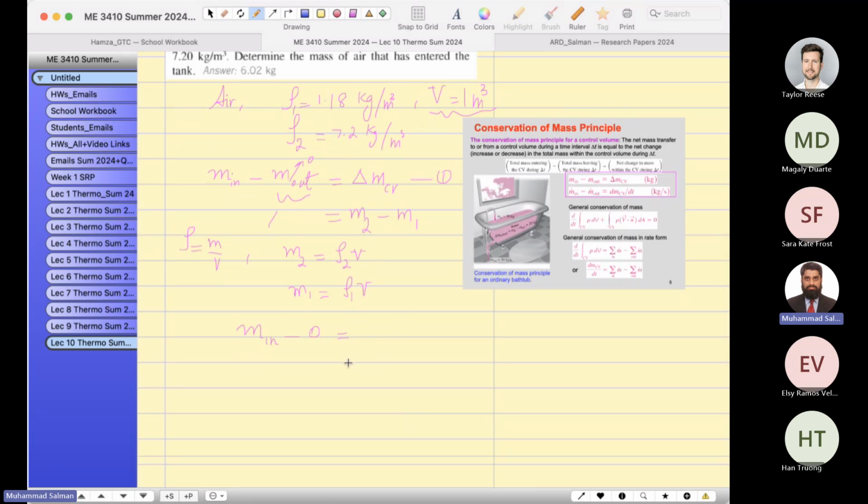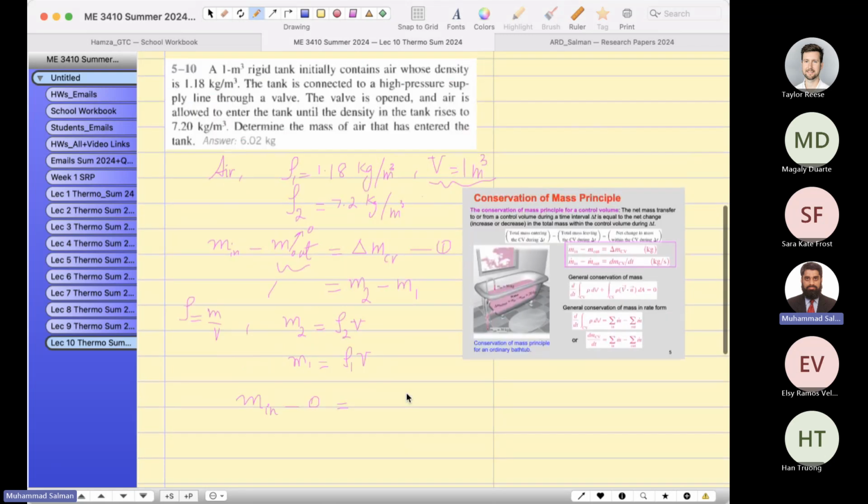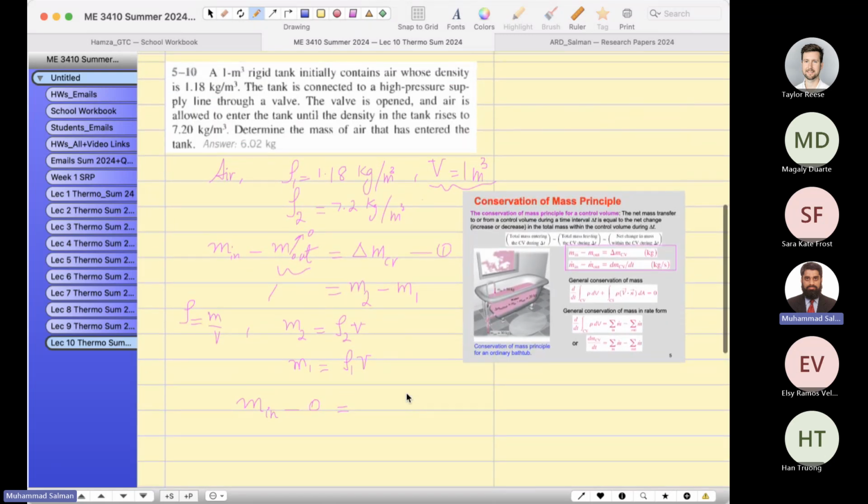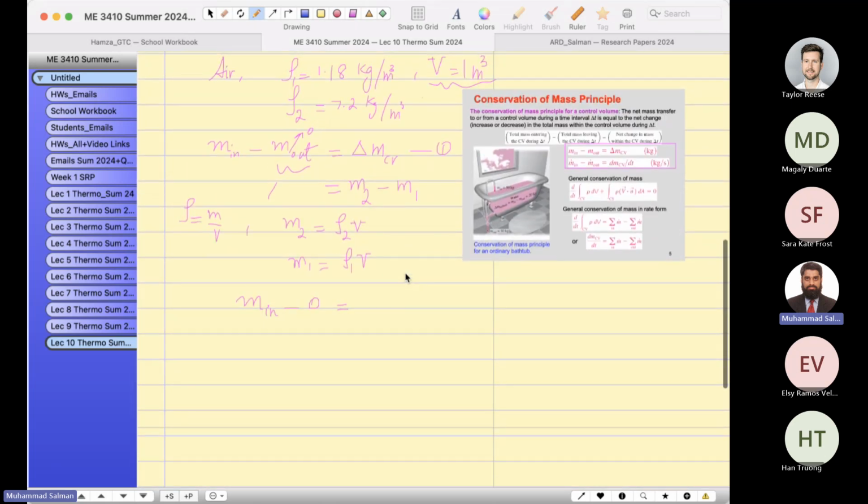We are about to understand the unsteady flow process so that you should have certain knowledge, no confusion at all. Determine the mass of air that has entered the tank. If I apply equation 1, which is m2 minus m1, this is our answer. Let's solve this equation. m2 equals rho 2 V minus rho 1